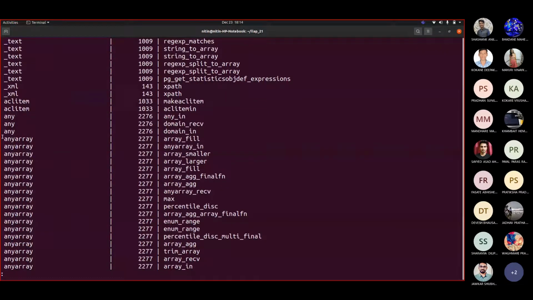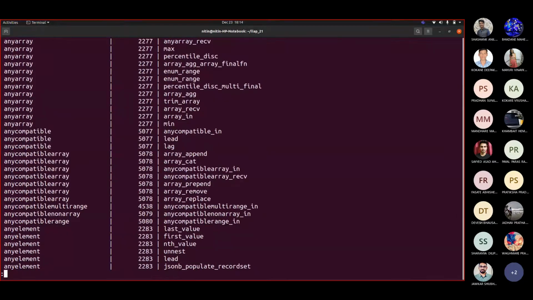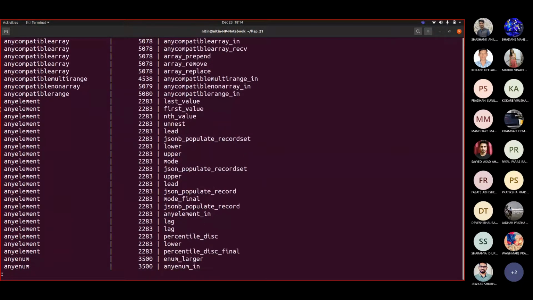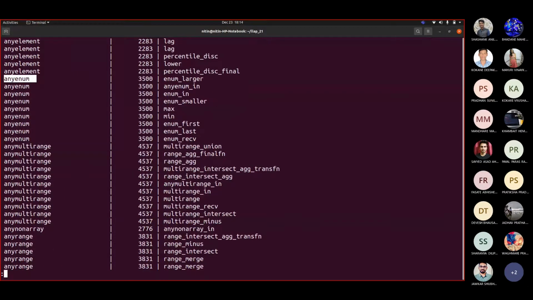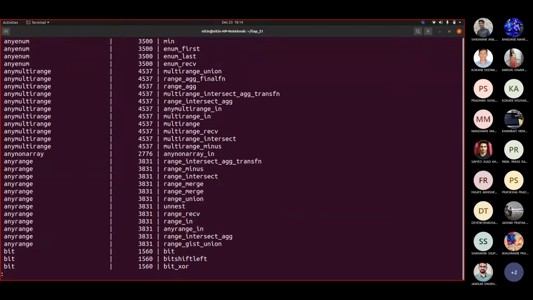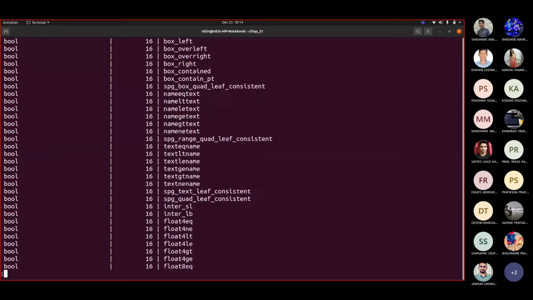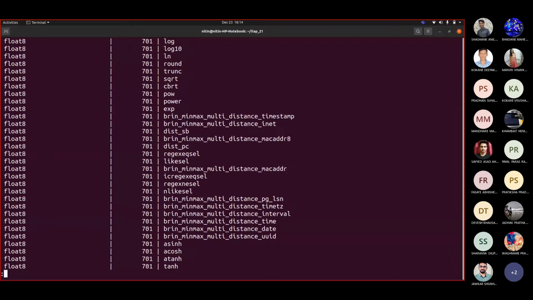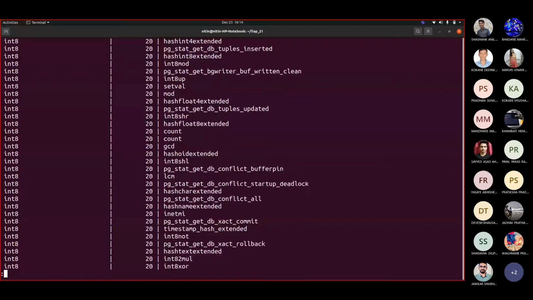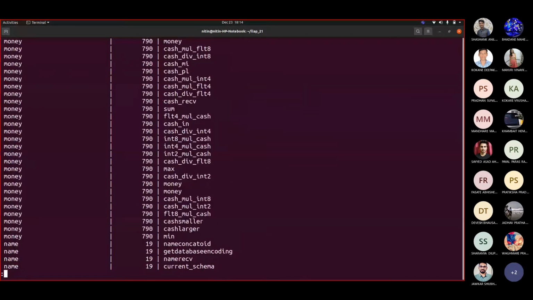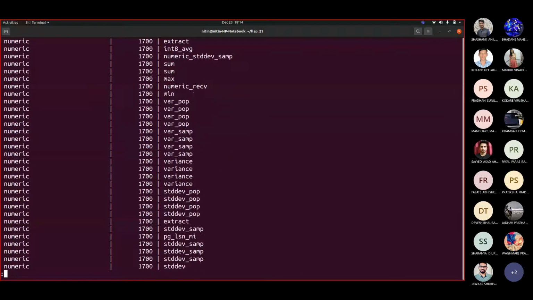You can see there is a type called anyarray. We'll talk about that too. Even anyelement, anyenum, where you don't know what exactly the thing is, it can return any range too. So let us go below and see if we can get money, name, numeric.